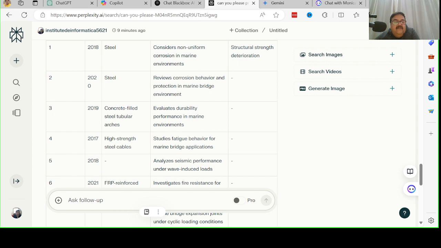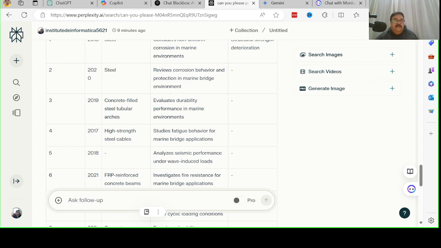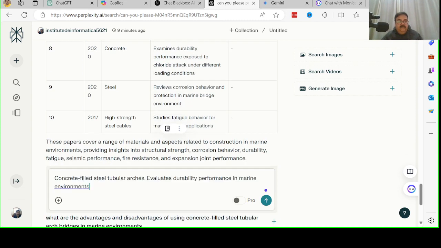In the marine environment, concrete filled steel tubular arches are used, and it evaluates durability performance in the marine environment. You can do that. So what I normally do, I'll just show you. It may not work in this case. And this, I'll just copy this. Okay. All right. Let me copy this now. Now, in this case, what could be the possible